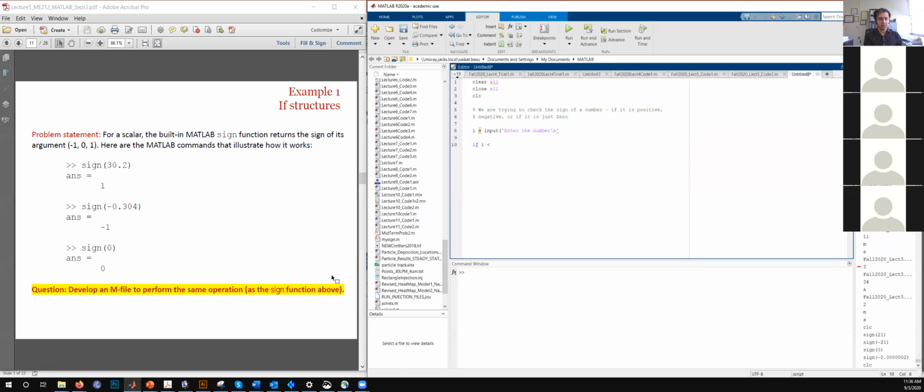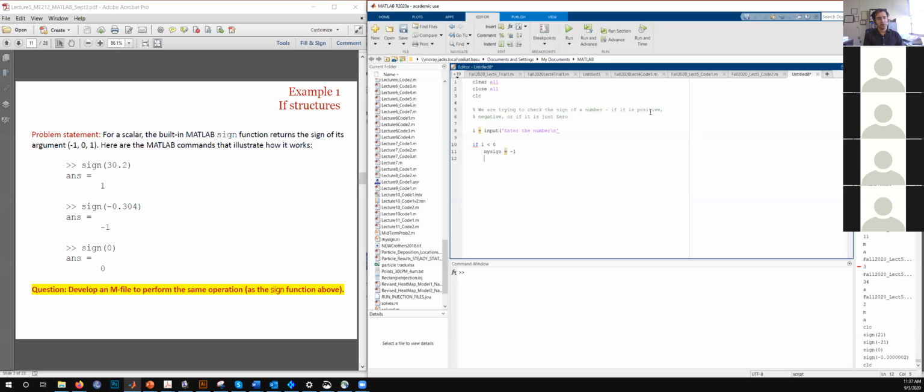If I is less than 0, what should be the operation here? Let's do something like this. If I is less than 0, let's name a new variable my sign. What should be the output for this my sign? So we are trying to replicate this sign function. So if it is a negative number, then it is -1. Say again. -1, because we just want to recreate what we have over here. Okay, so all good. If I is less than 0, this is the condition.